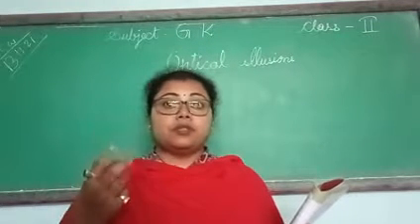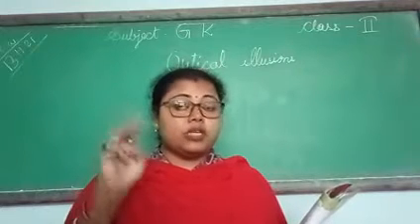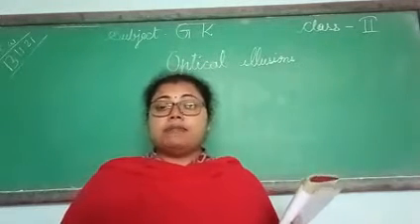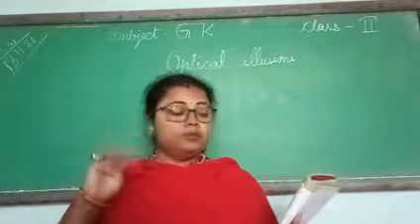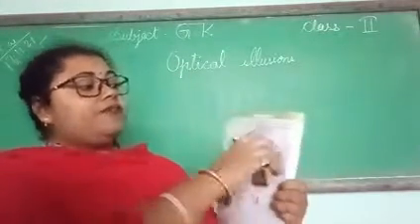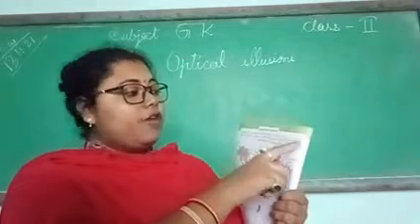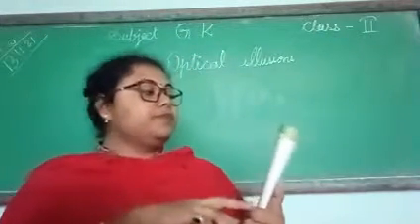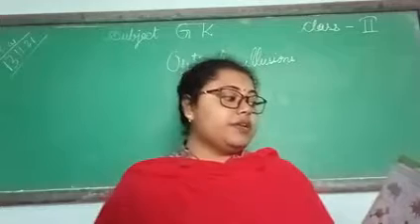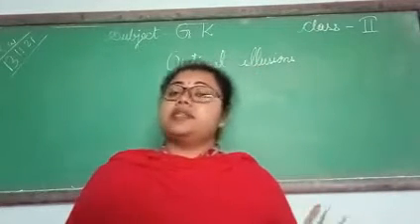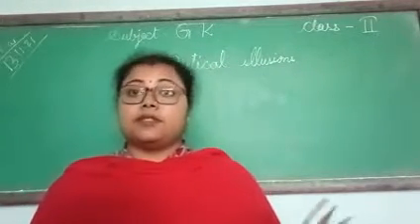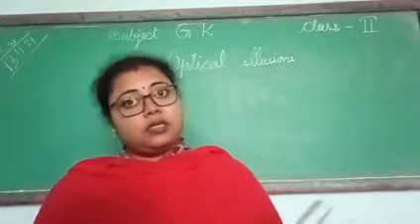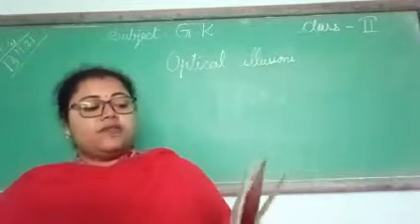You have 3 balloons. That means you have how many? 3 balloons. You have 4 flowers. How many flowers? 4. We have 2 eyes. We have 5 fingers in each hand. Both hands have 5 fingers. Similarly, many things are represented by what? Numbers. Understand? Now see the first one.